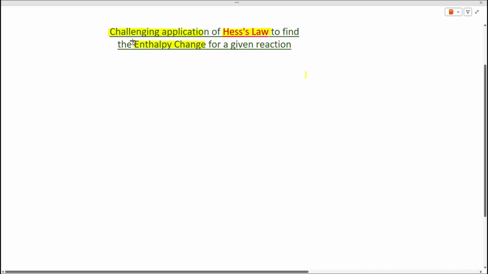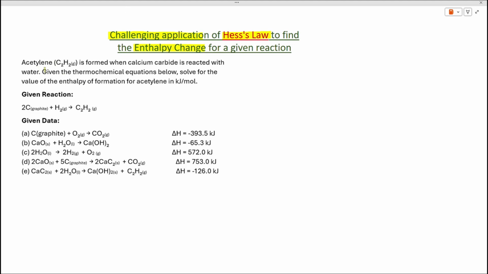Hello, today we'll understand how to apply Hess's law to solve a complex problem where we have to find the enthalpy change for a given reaction. So let us take up the question and understand the process and see how we can make it easier for ourselves. Here the question says that acetylene is formed when calcium carbide is reacted with water, for which we've been given the equation, but we haven't been provided with the value of delta H,